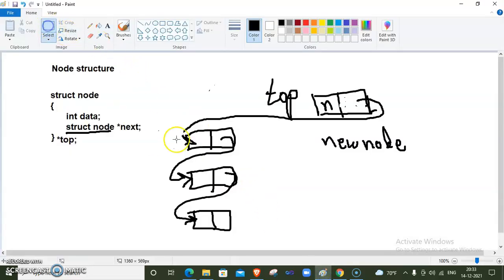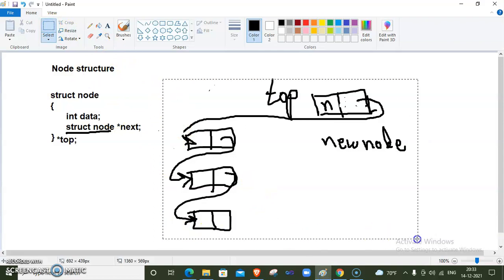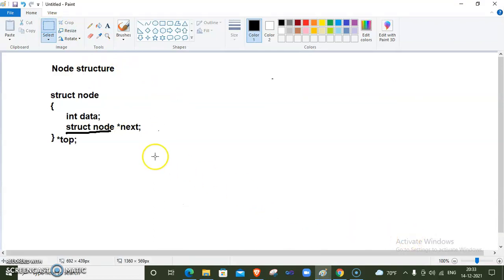If there is no single node present inside this stack, then what is the initial condition of top? We need to initialize top at null. We are not doing this, but we correct the code by initializing top to null. Initially we store null inside this top.